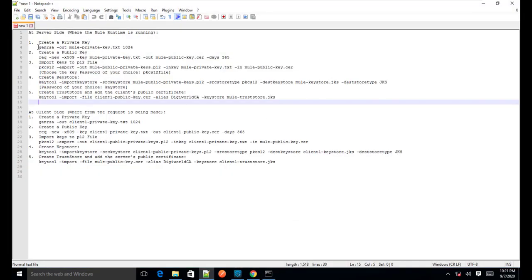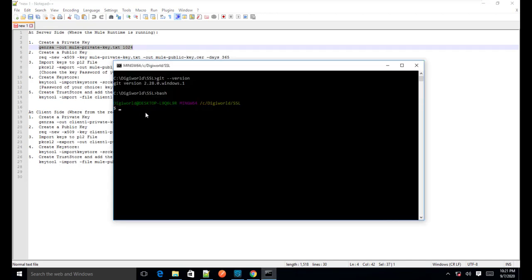Let me use this. I'll open OpenSSL and put this command here. As you can see, it will generate the files at this path, in the C drive, in the DigiWorld folder, and then the SSL folder.